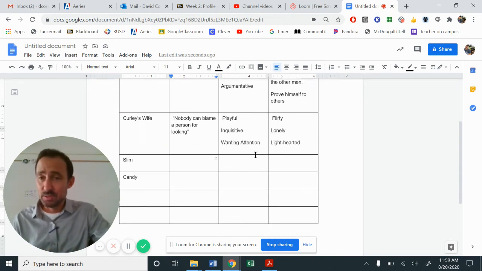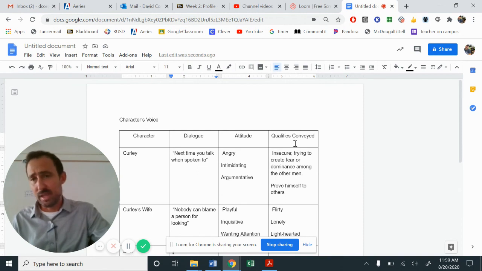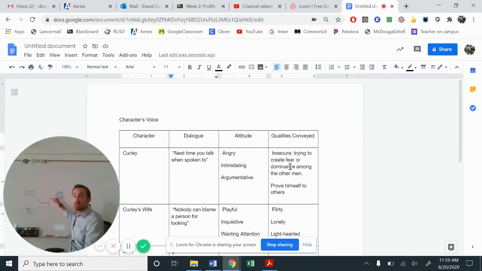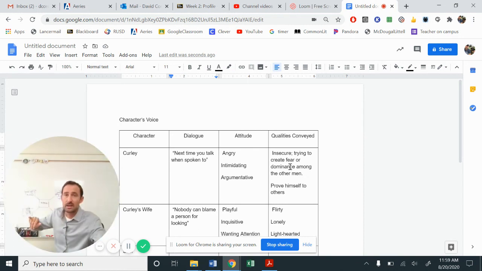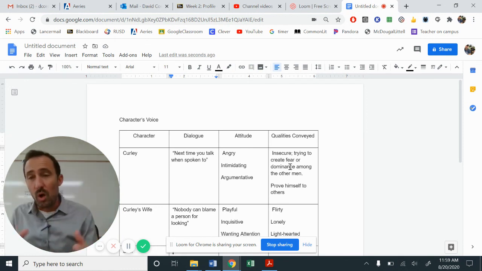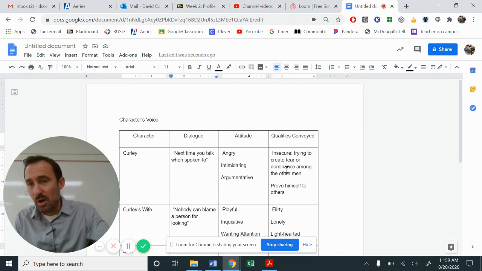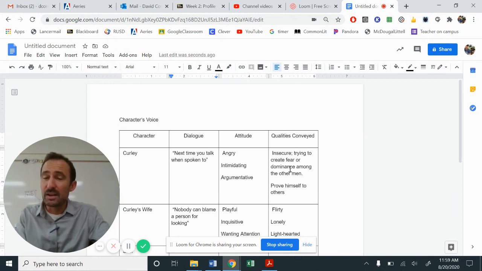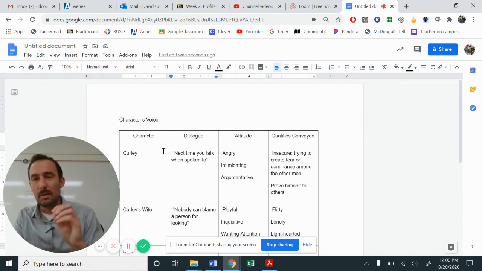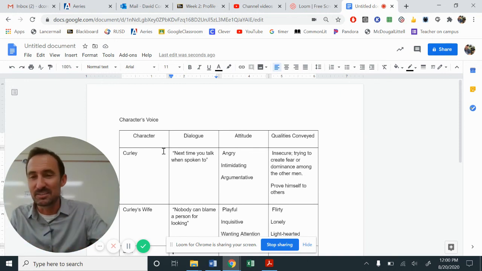What is the attitude that's being conveyed? And then from that, what are the qualities? What are the characteristics of that person? If we were doing a character chart like this, the character part, like their attributes, their qualities, that coincides with this box over here. So this is another way of finding out who they are as a person, finding out how they are a person based upon their dialogue. Excuse me, that was a tongue twister to say all at the same time.